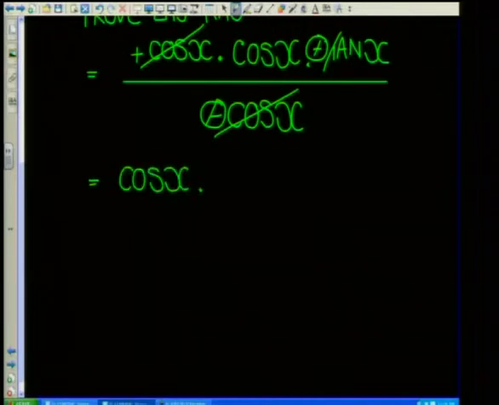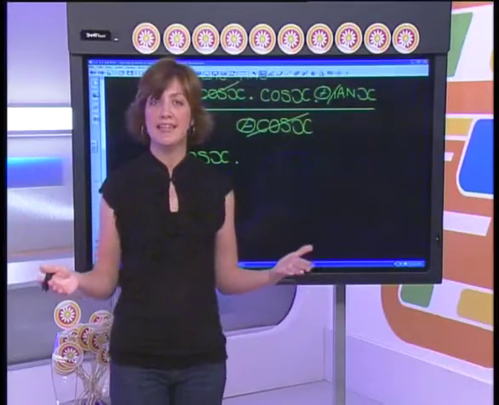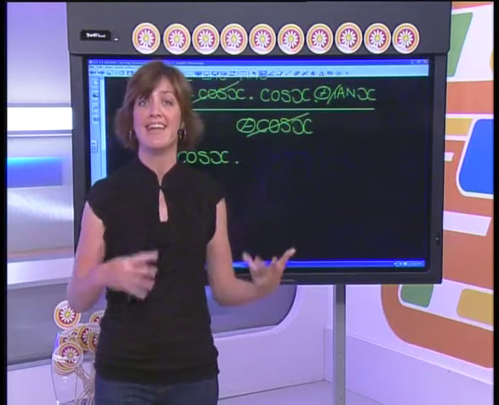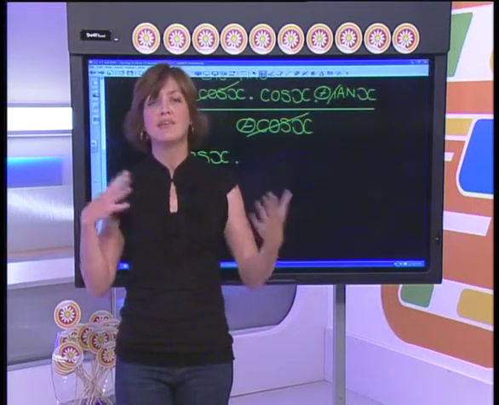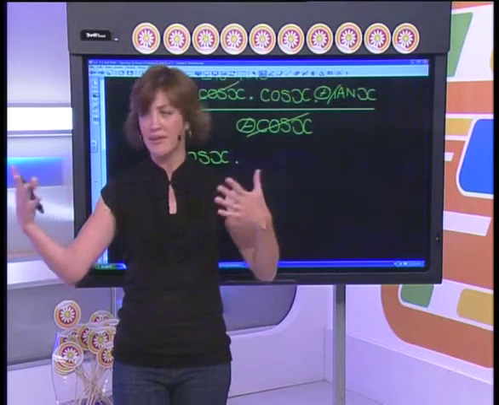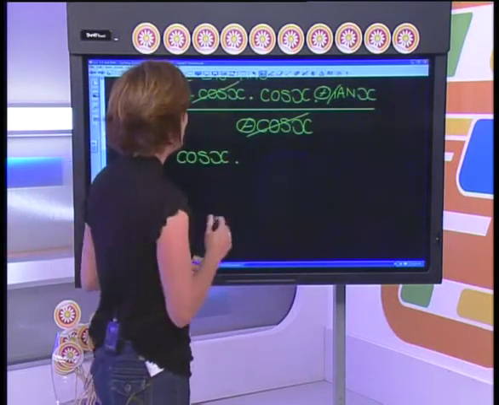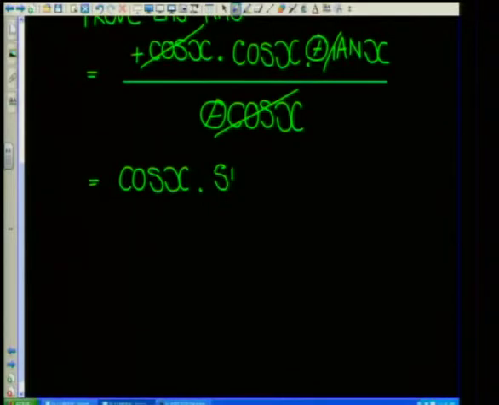multiplied by tan x. Now tan, when we're working with an identity, a worthwhile thing to do is always to change everything in terms of sine and cos. Why? Because then obviously you're working with like. Okay, everything is in the same thing. So I've got tan x, which I'm going to change to sine x over cos x.